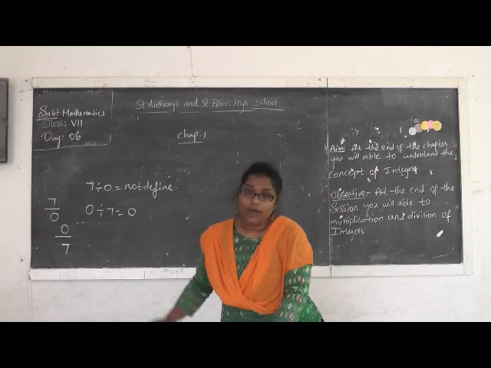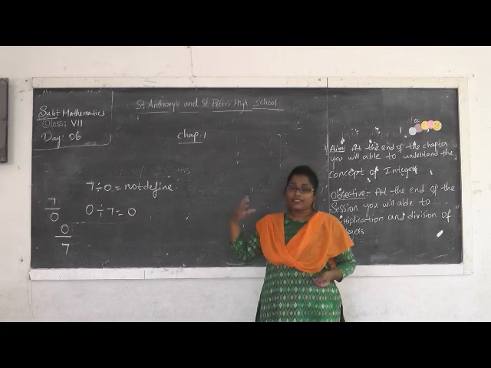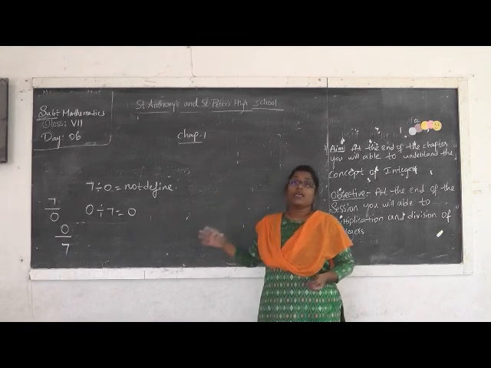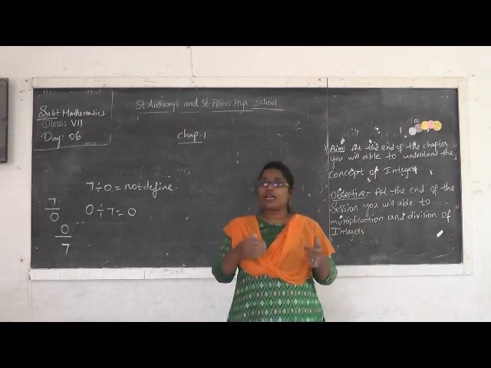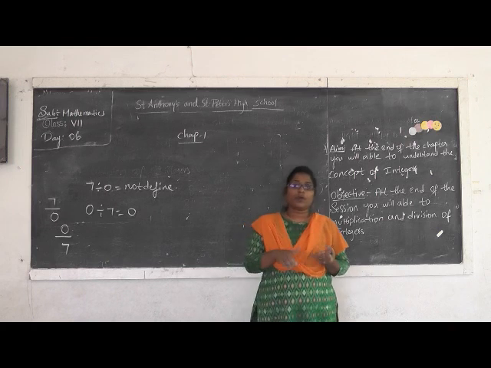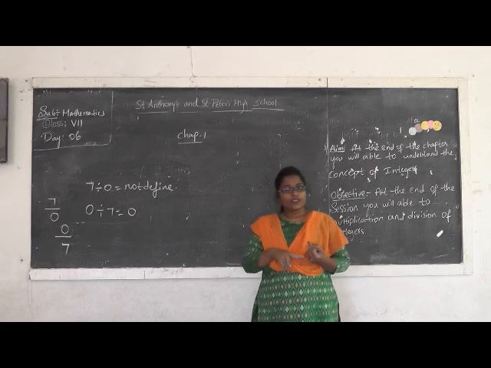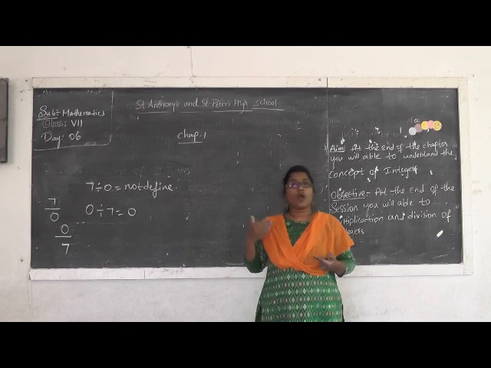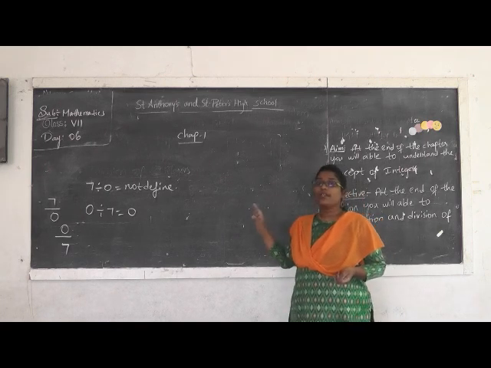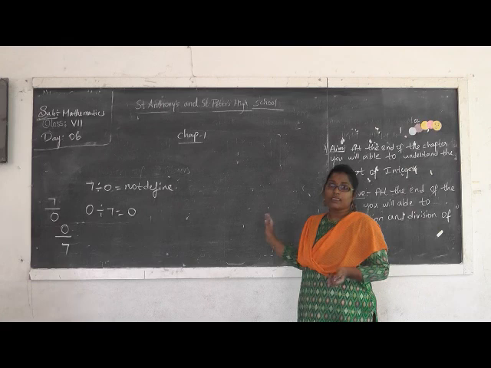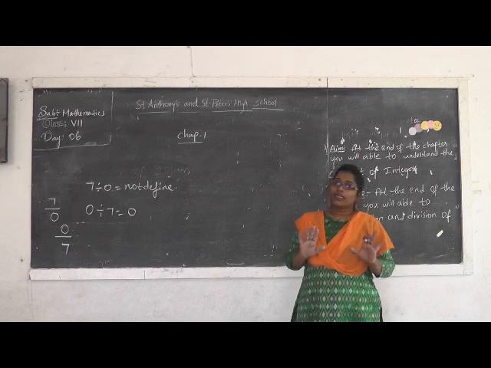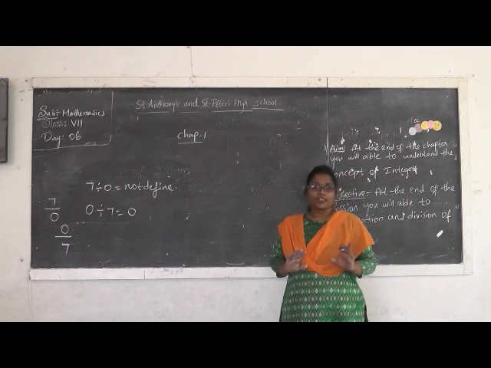Up to now we discussed addition of integers, subtraction of integers, multiplication of integers and division of integers. Later, in the next session, we are going to discuss the properties of integers: closure property for addition, subtraction, multiplication and division, commutative, associative, distributive. Based on multiplication and division of integers, we are going to solve exercise 4 problems, which depend only on multiplication of integers. Then we will discuss the properties of division and multiplication. Thank you.